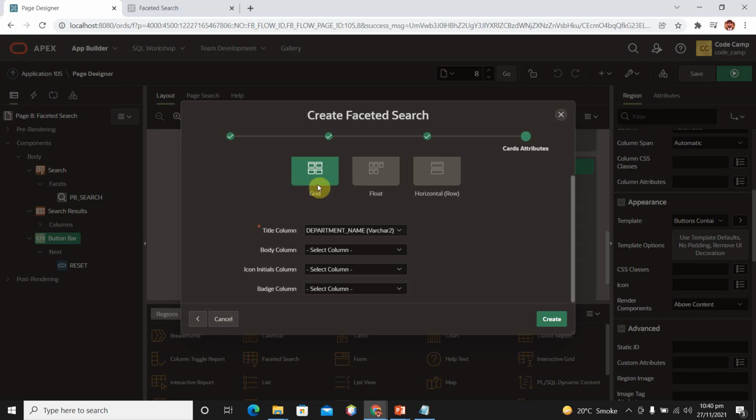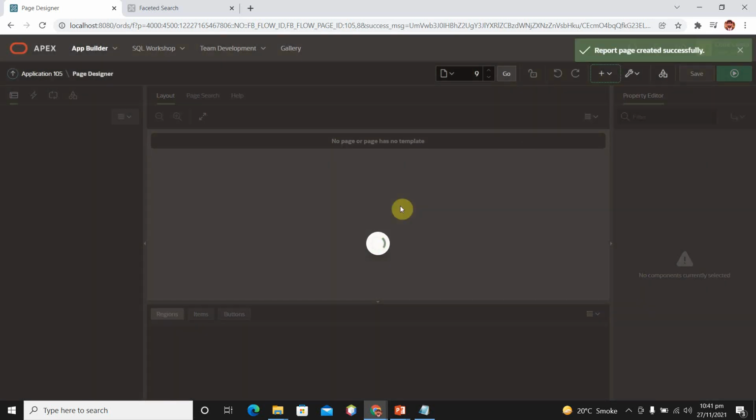The title column is department name, the body column is icon, and for the badge column we are not selecting anything. If you want a badge column, let's put manager ID. Okay, create.